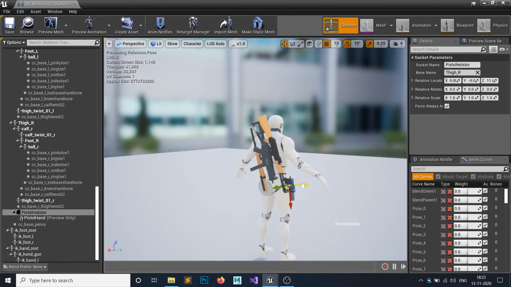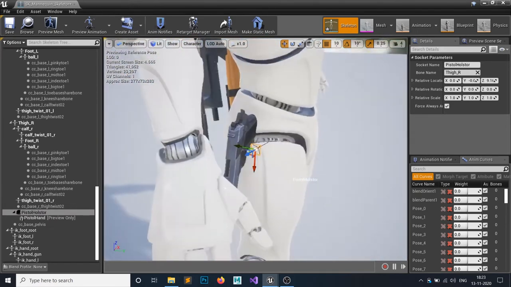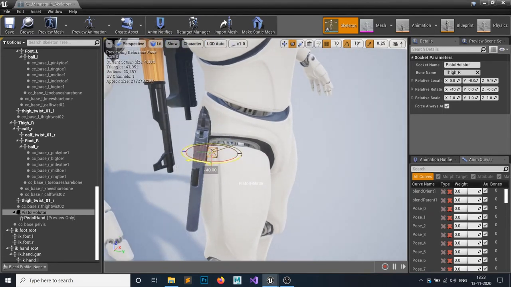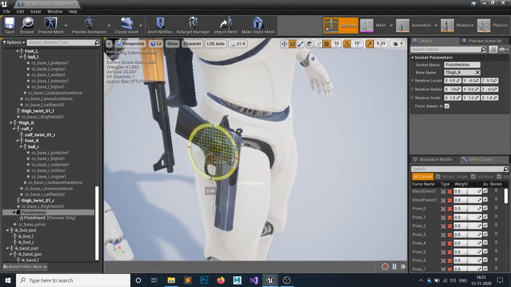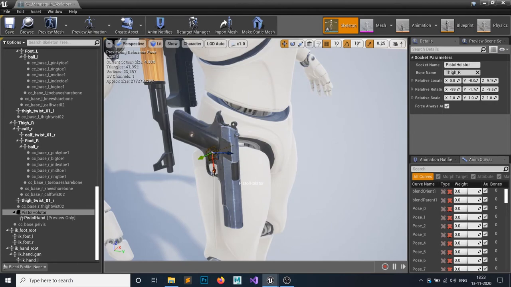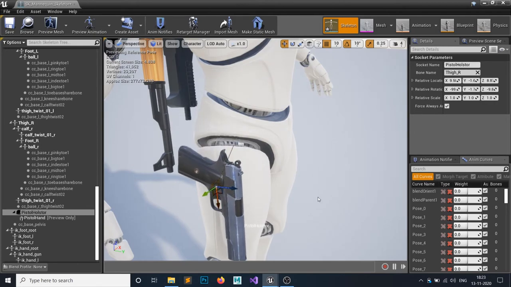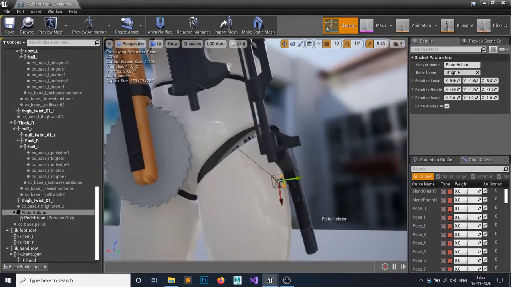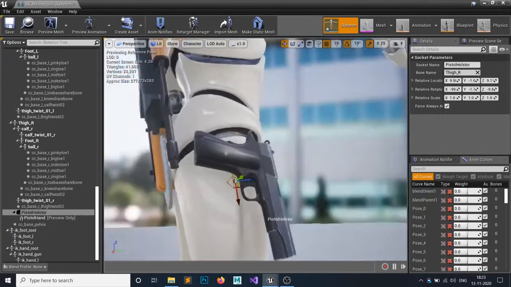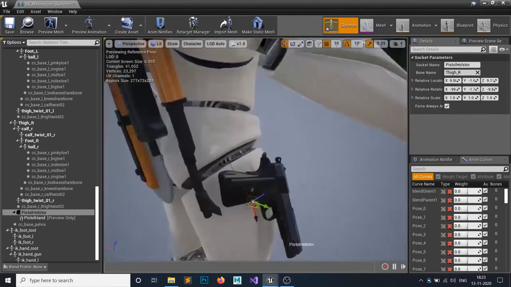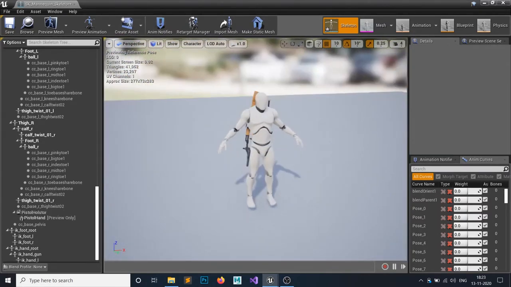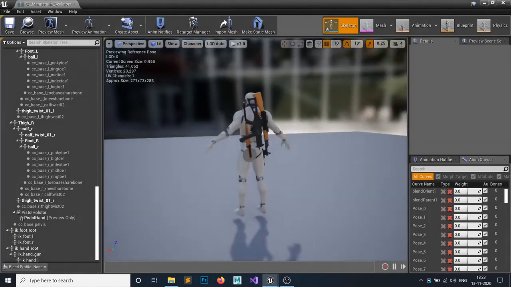I don't have the rights to share this pistol model, but any others are created by me, so you can use those. Okay, my pistol should go about here. Is it fine? I'm happy with this. Okay, so my person looks something like this. There is one pistol and 3 weapons.